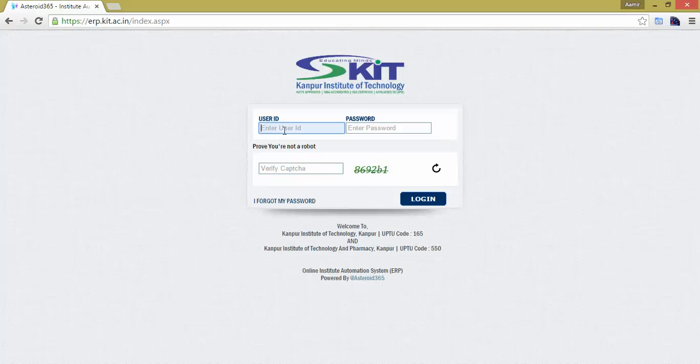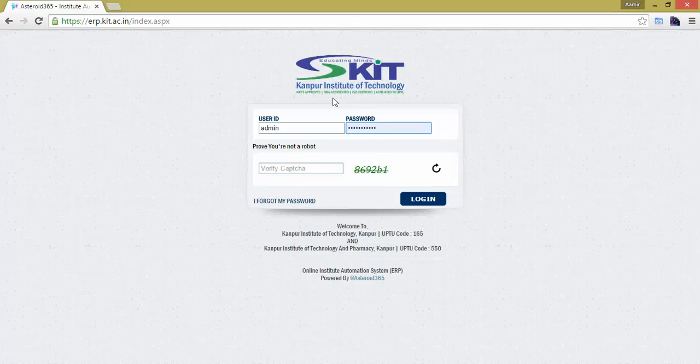Once you have opened the application, you will find the login window like this, and you are required to enter the credentials available to you. I'm going to enter the credentials, the admin and the password available to me.